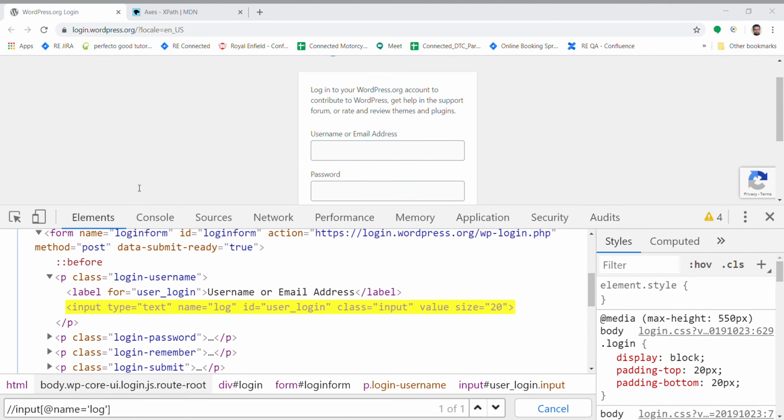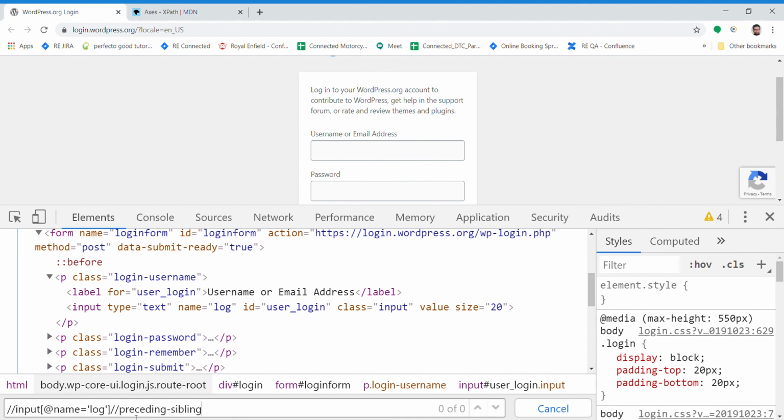Okay, so let's say I wanted to go back to this element. How do I find it? This is before this element, right? So there is an axis known as preceding sibling. They both are siblings of this parent. So this is the preceding sibling. This user login is before this. So this is the preceding sibling. We are using this